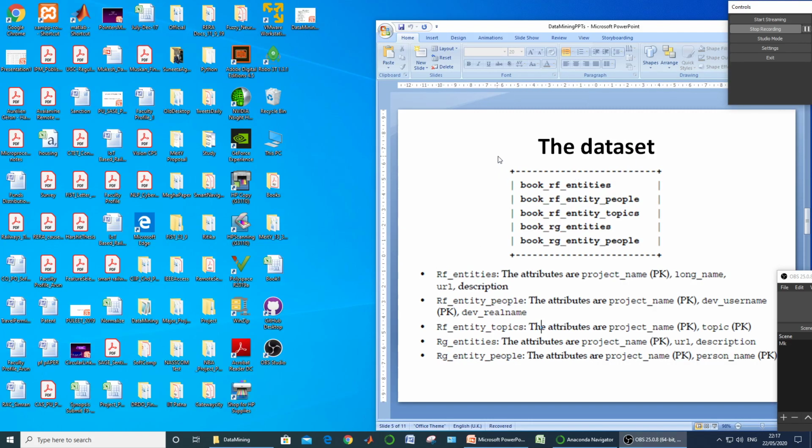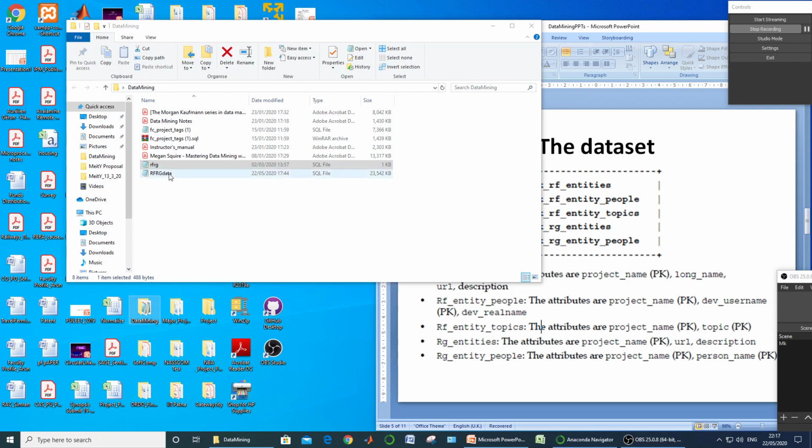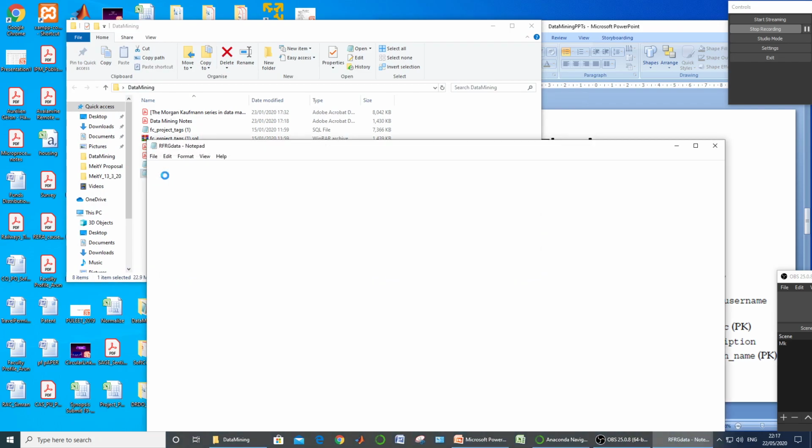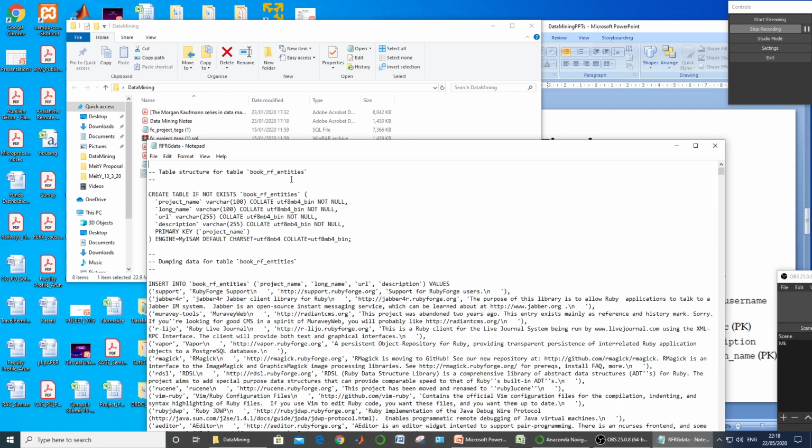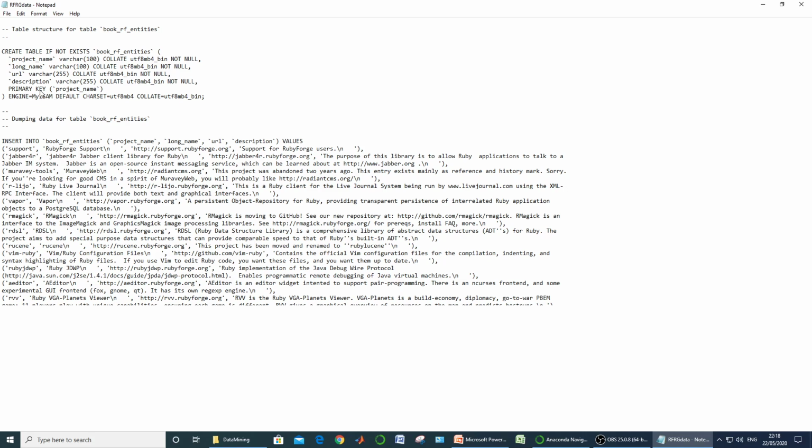Now let us go for the data that is to be filled, that is to be inserted in all these tables. This data set is already provided to us in the form of SQL files. The SQL files are of the form of this RFRG data. Now if we try to have a look upon this data, it will take some time as it contains lakhs of entries or some creation or insertion statements. So this is the file that contains description of how to create and how to insert the entries.